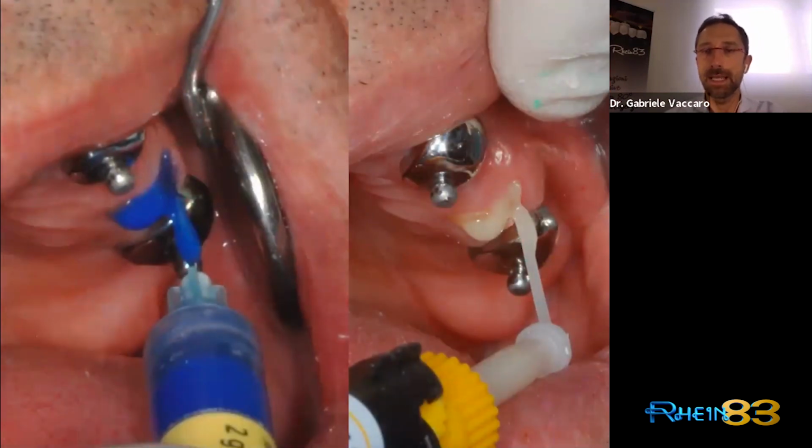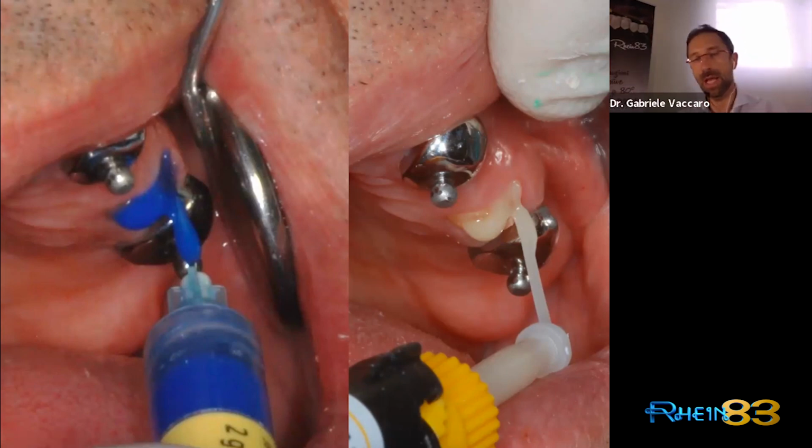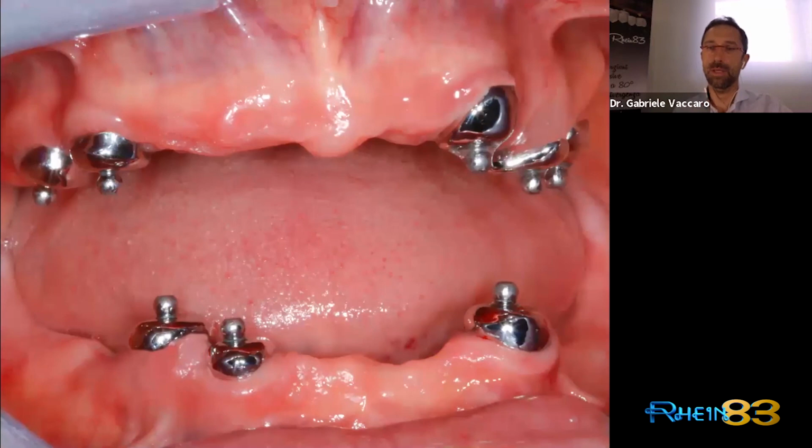After that, I etch the root canal with acid etching, then rinse with water, then dry with paper points. Then I squeeze inside the root the dual cement, so light-cured and self-cured resin cement. And this is ready for the definitive